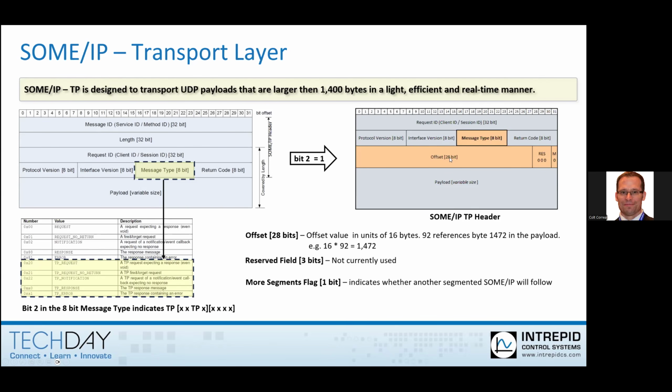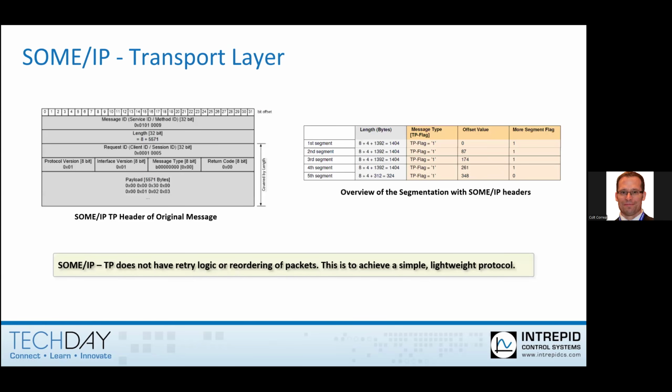And then we have an offset. We're adding essentially 32 extra bits to the message header for transport layer. Of the 32 extra bits, 28 are going to be an offset for partial messages so that we can reconstruct them, and then some flags for the reconstruction. So the only thing we're doing with transport layer is very simple: adding 32 bits of extra information. 28 bits will be the offset, so we can combine or reassemble the payloads of multiple segments of a longer message.